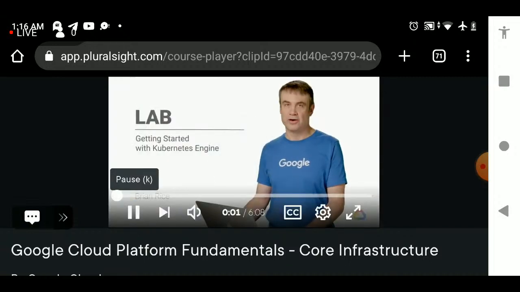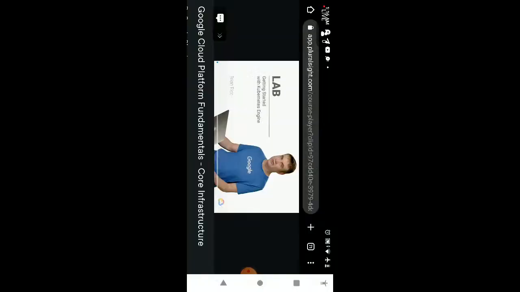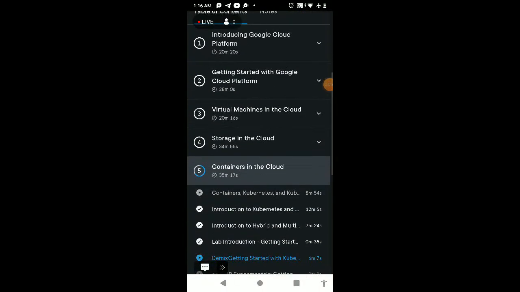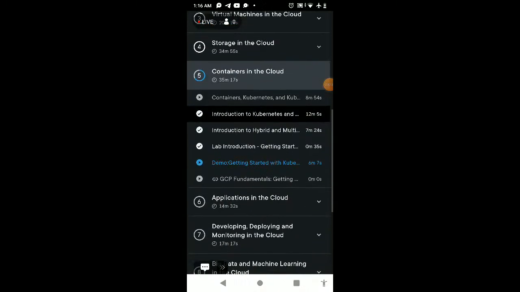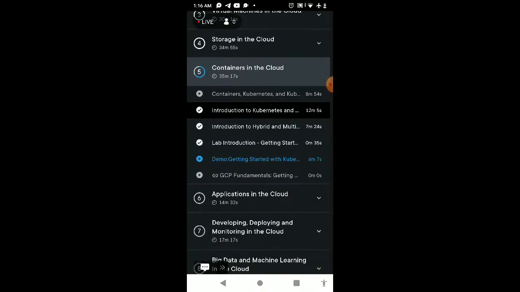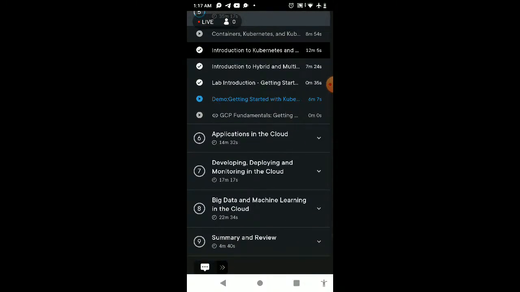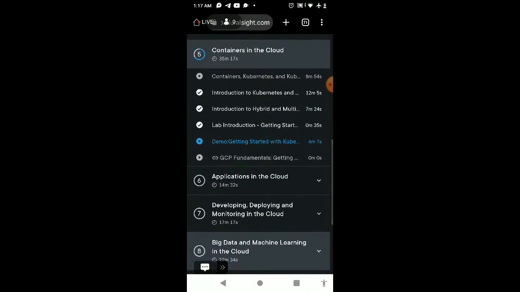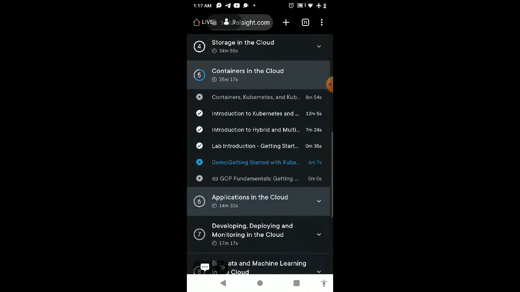In this demonstration, I'll create a Kubernetes Engine cluster, and I'll deploy a load balanced service to it. I'll scale the service and we'll see what happens. First, let's use the GCP console to confirm that the APIs we need are enabled. In the Products and Services menu, we scroll down to APIs and Services. We're looking for the Kubernetes Engine